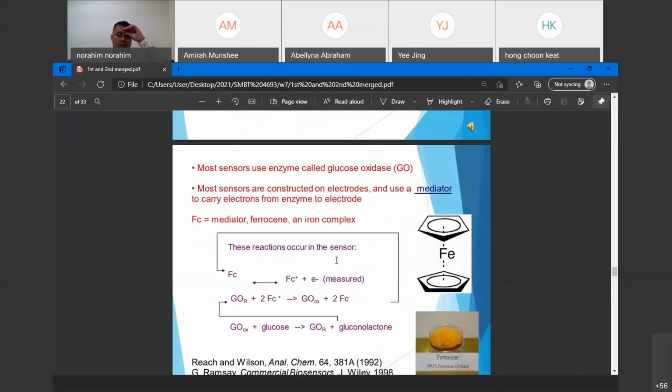Okay, so most sensors use enzyme which is called glucose oxidase. Biasanya glucose oxidase ni apa dia punya applications dia? Anyone? Boleh tak cerita sikit pasal glucose oxidase ni? Maybe something about the facts that you know, yang you tahu pasal glucose oxidase. Biasa guna kat mana? Kenapa kita nak ada glucose oxidase ni? Saya tanya,